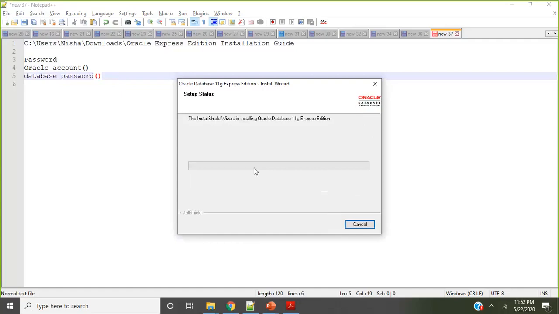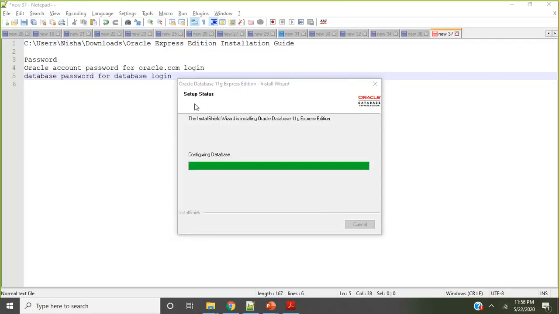It will take a few minutes. So it is still doing something. So it's about to finish. It's configuring the database right now. Just to remind, you have two different passwords here.